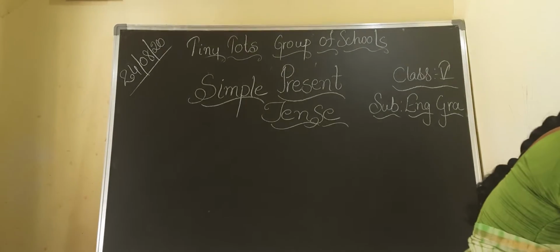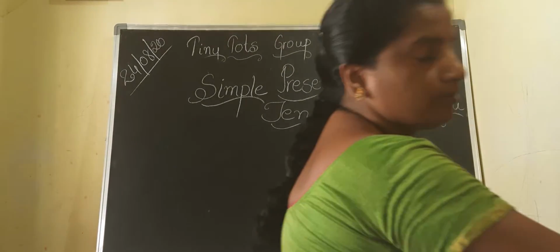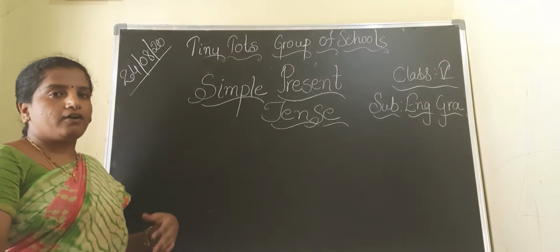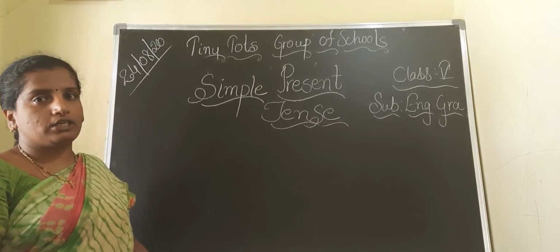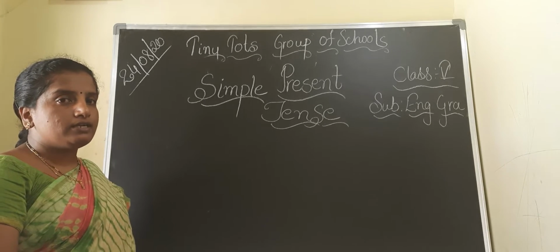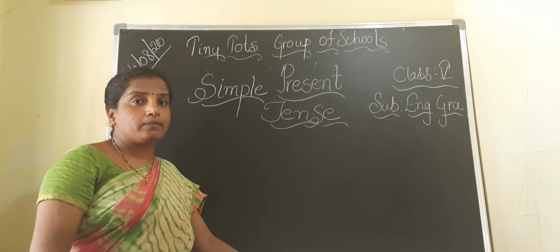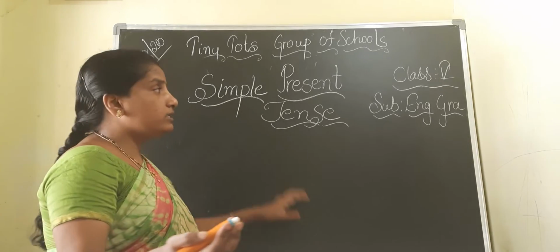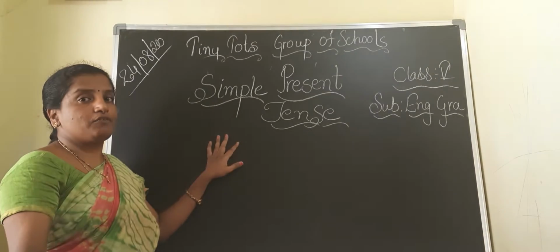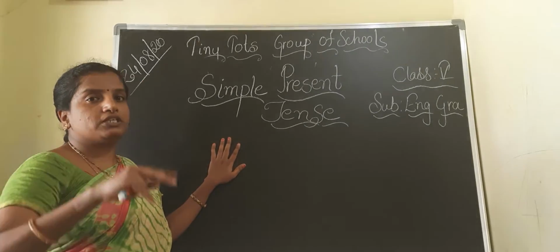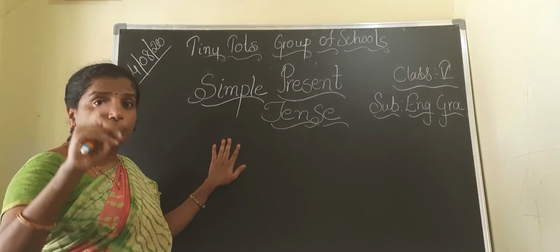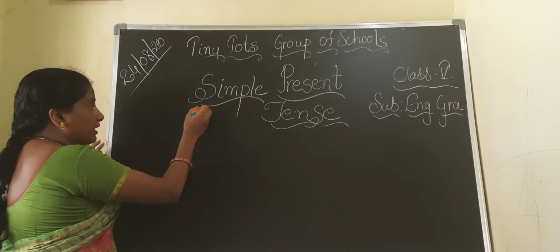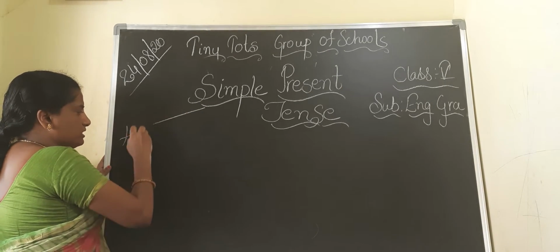See, children, day before yesterday we have discussed the simple present tense. In our last session we discussed the simple present tense. What is the simple present tense, children? Simple present tense is a tense which is used in two situations. Mainly we use the simple present tense in two situations. What are they? They are habitual actions,